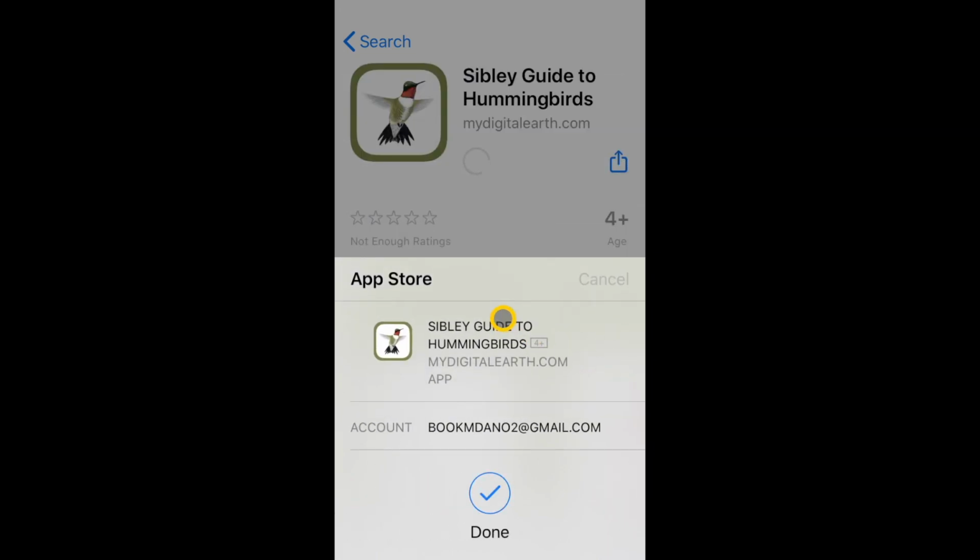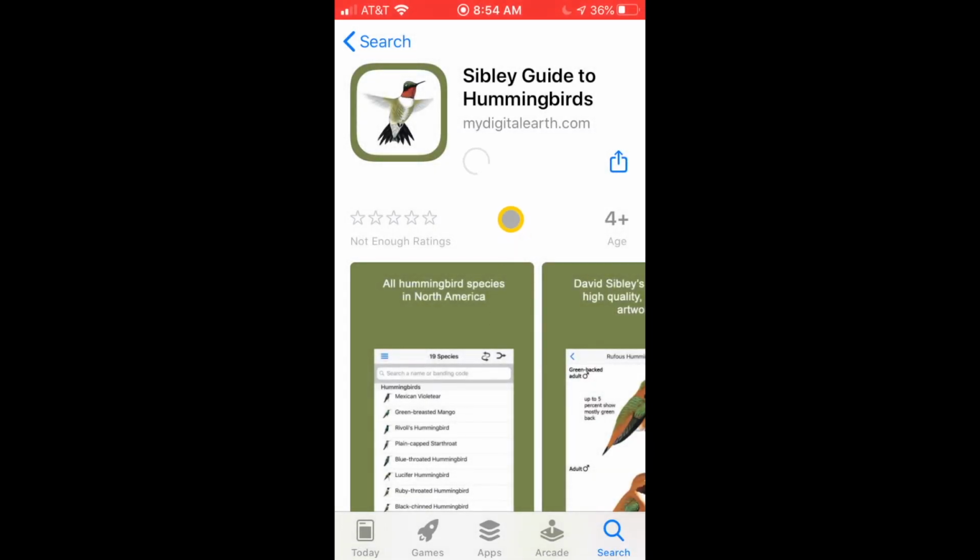It reads my password, and it starts the process of downloading the app onto my iPhone. You're going to see a little blue dot, and as that blue dot goes around and forms a circle, that indicates the status and shows you that the app is downloading onto your device, and now it's ready for you to open. If I tap on my home button